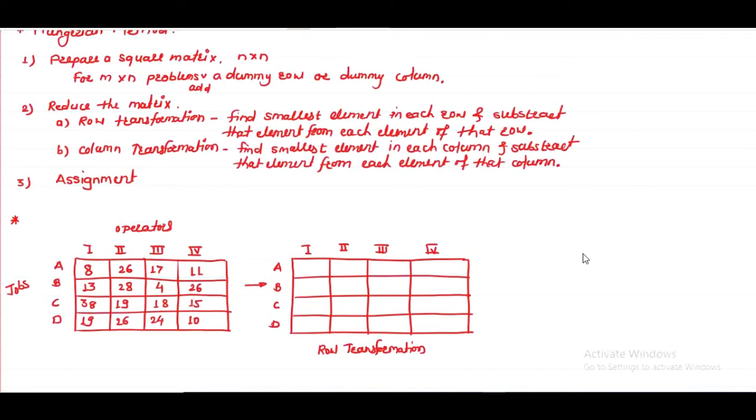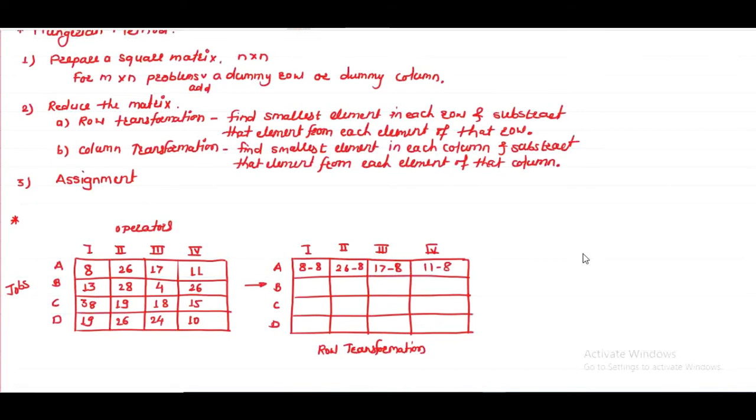Here 8 is the smallest element, so we subtract 8 from each element of that row: 8 minus 8, 26 minus 8, 17 minus 8, 11 minus 8.